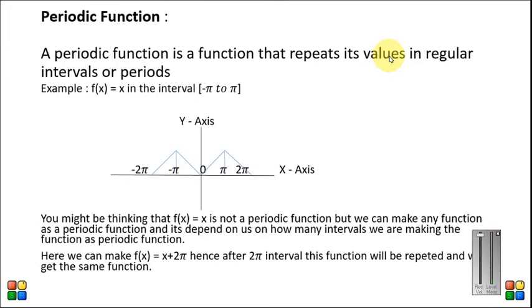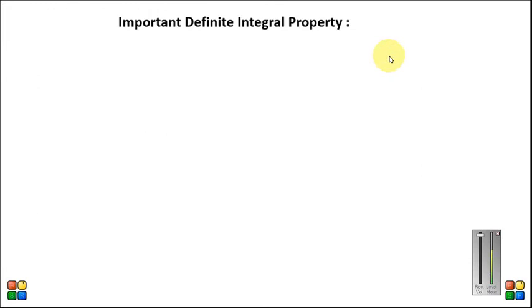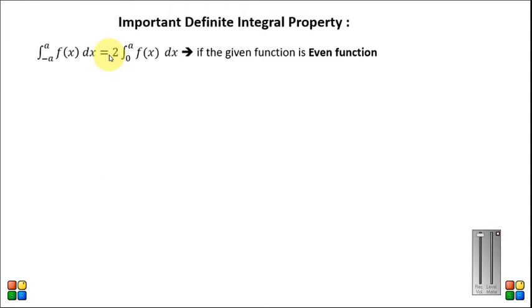Okay. Then have a look at some integral properties. The very important integral property here is that the integral from minus a to a of f(x) dx is equal to 2 times the integral from 0 to a of f(x) dx. This is a very important integral property, students, which we will use in Fourier series. This property, twice the integral from 0 to a of f(x) dx, holds only if the given function is an even function,